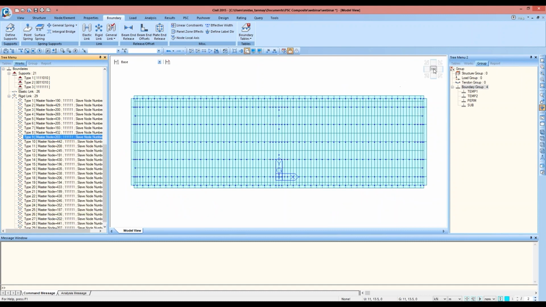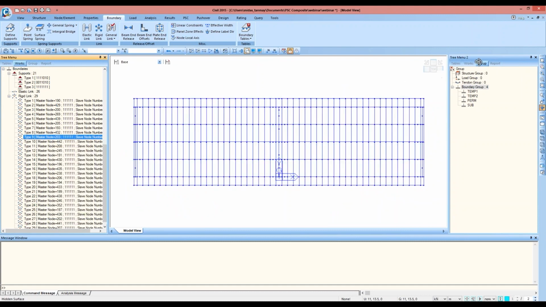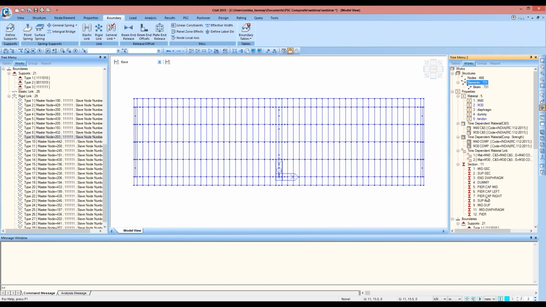All right, before doing that, as we can see in the work tree, that this section here, support to mid. Now this section, as we have used the mirror option, so these sections have been mirrored here, but these sections should be here. So when I select the mid to support, these sections here should be support to mid.